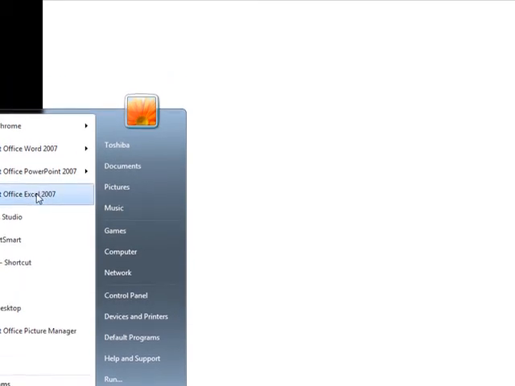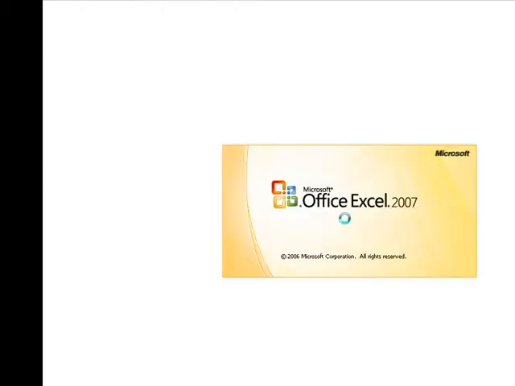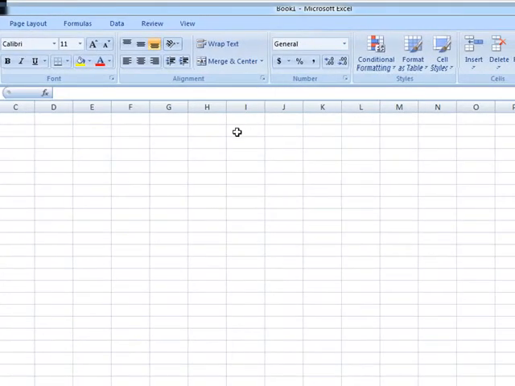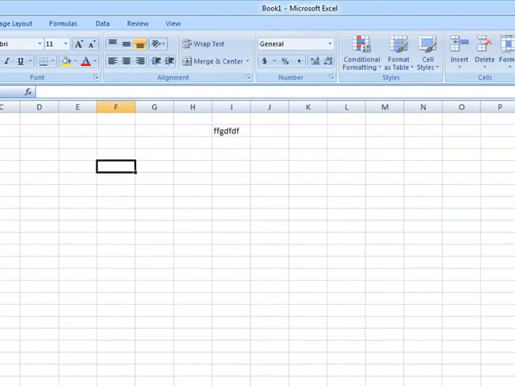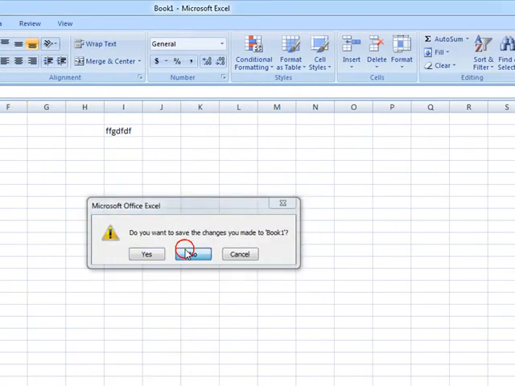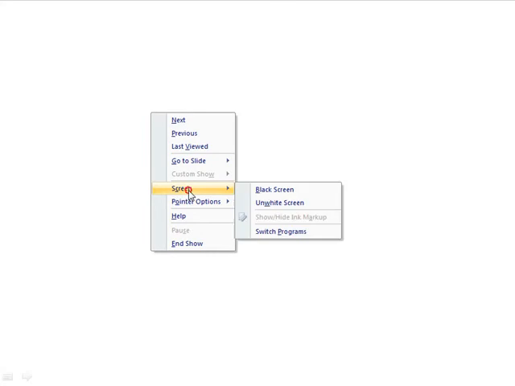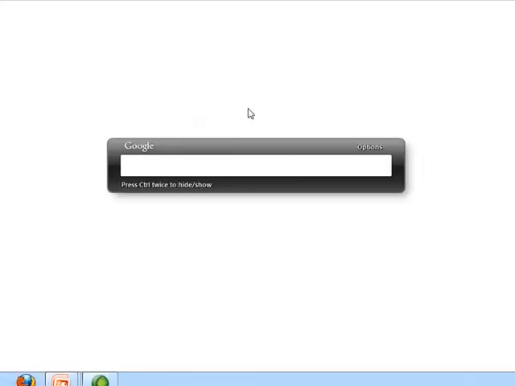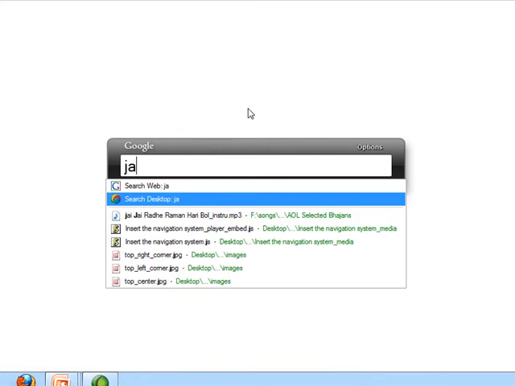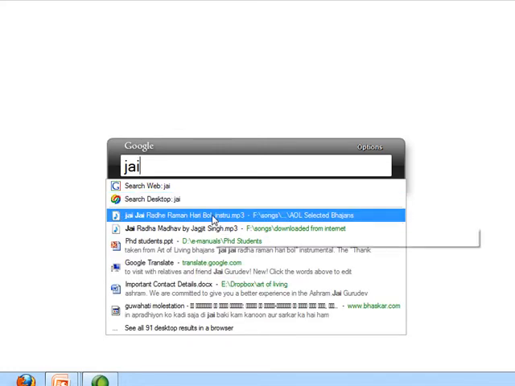You can open the MS Office Excel file also. You can work on this and then you close it. Your presentation is intact, it is running. Again, if I want to run the music file, then again I have to type something and I must click this.